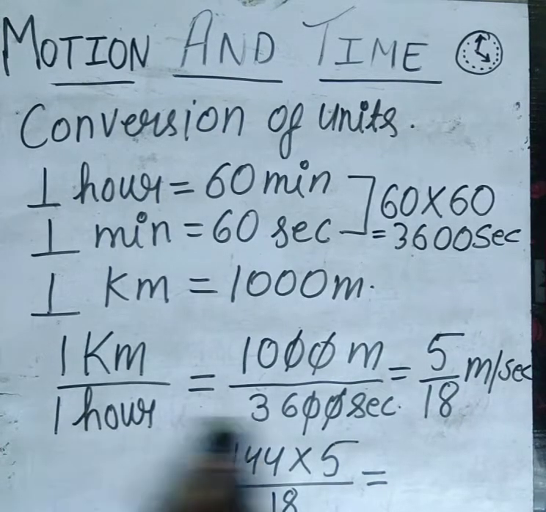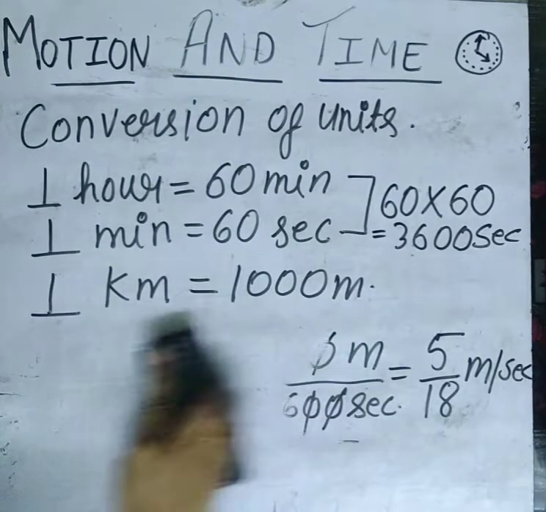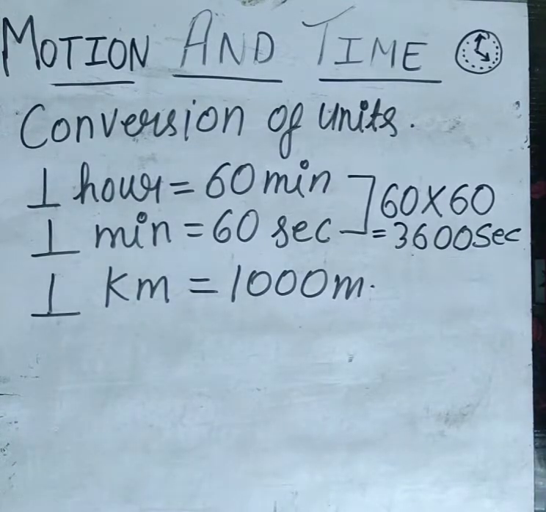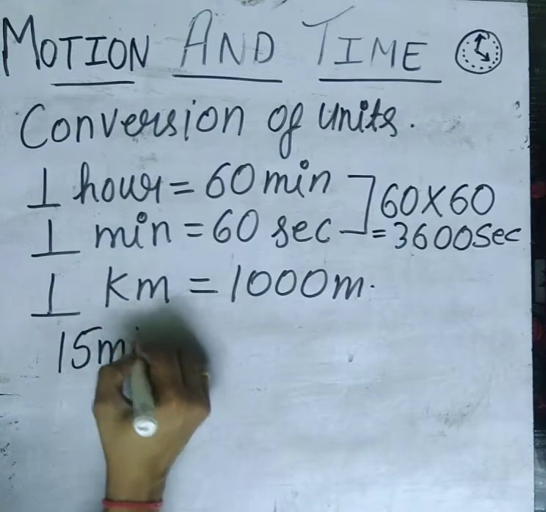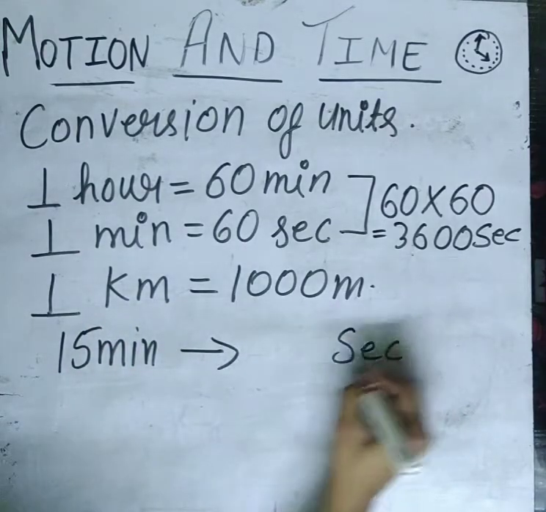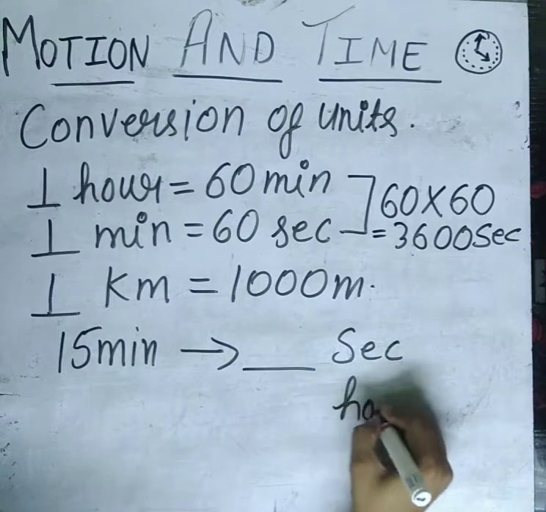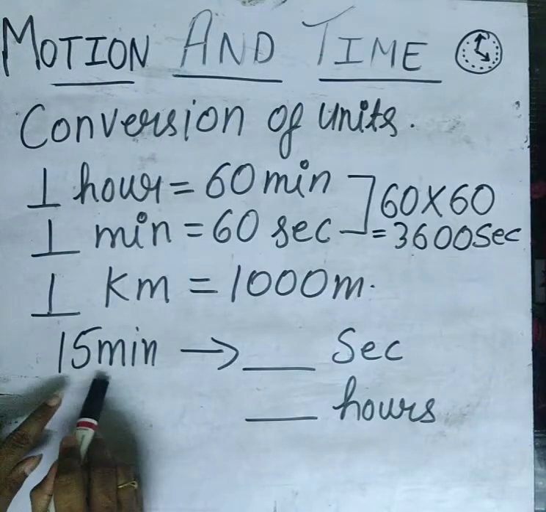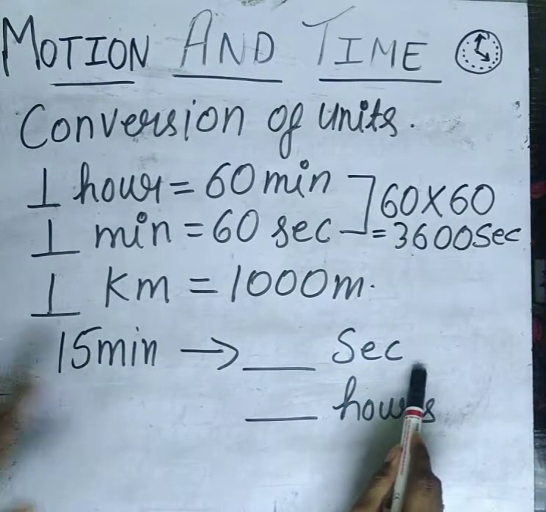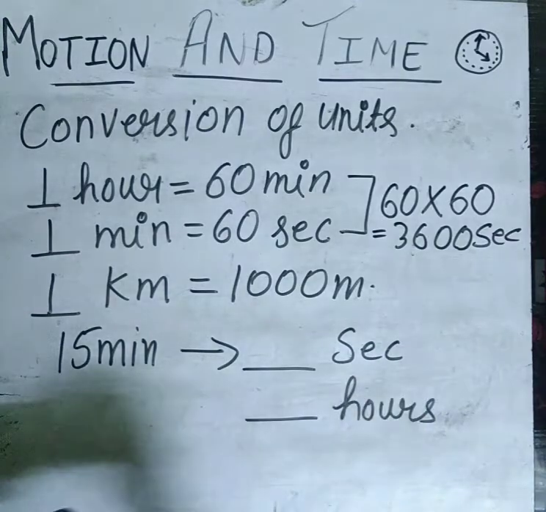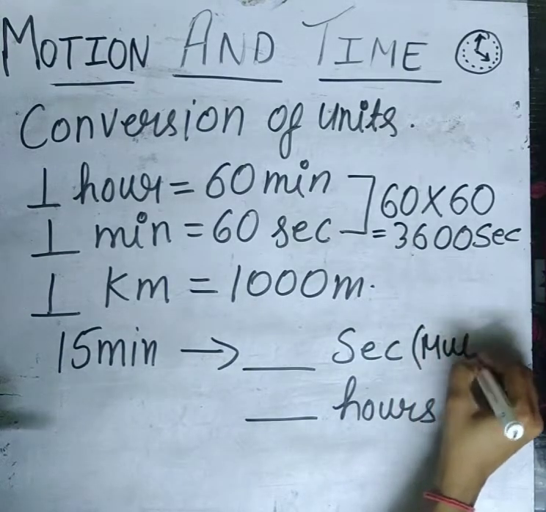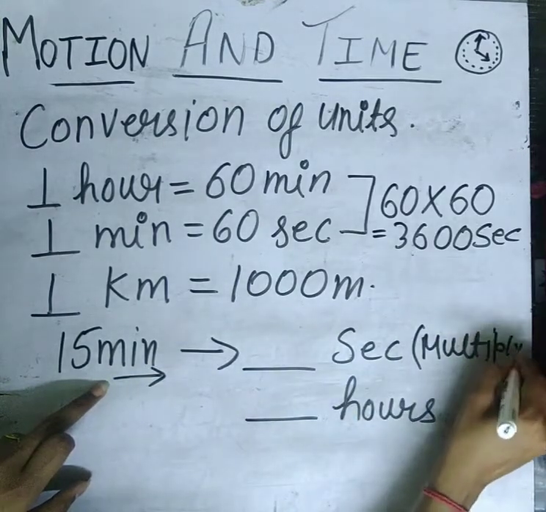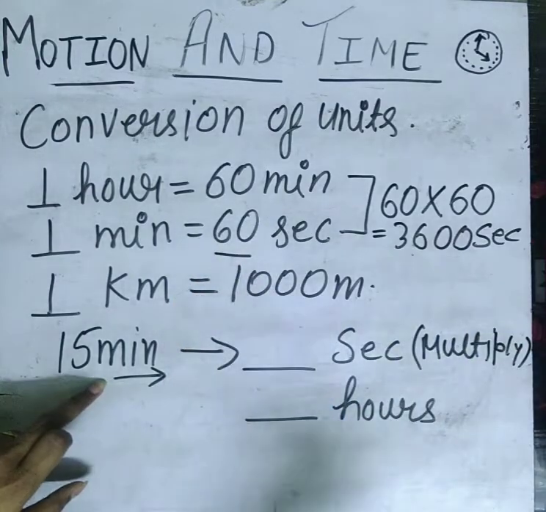Next thing that I would like to say here: in the case of time, many times, let's take the example of 15 minutes. Now if I want to convert these 15 minutes into seconds, and I also want to convert them into hours, we should know both the things here. First of all, minute is a bigger unit and second is a much smaller unit than minute. So we will multiply here. This is a simple rule that we learned in childhood: if we have to convert from a bigger unit to a smaller unit, then we always multiply, and in this case we multiply by 60.